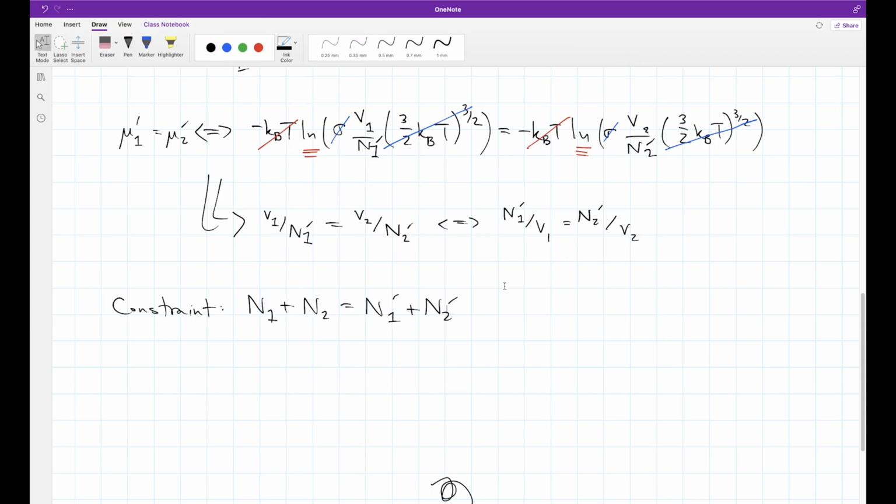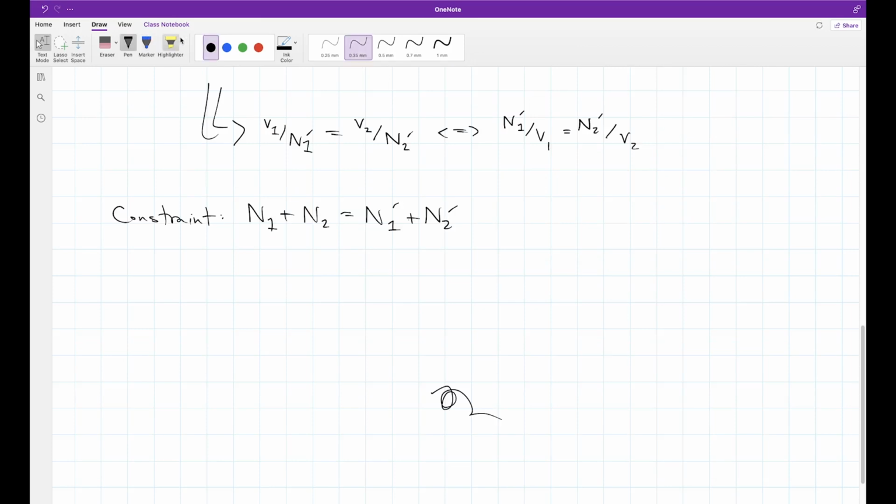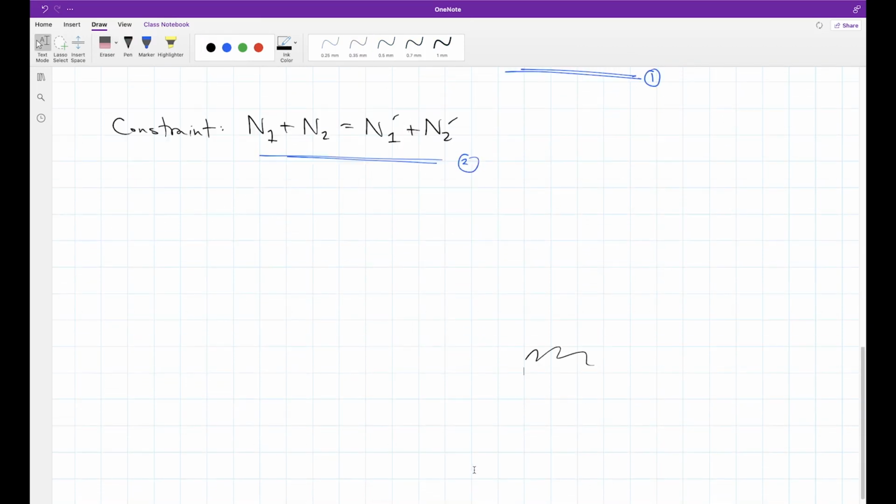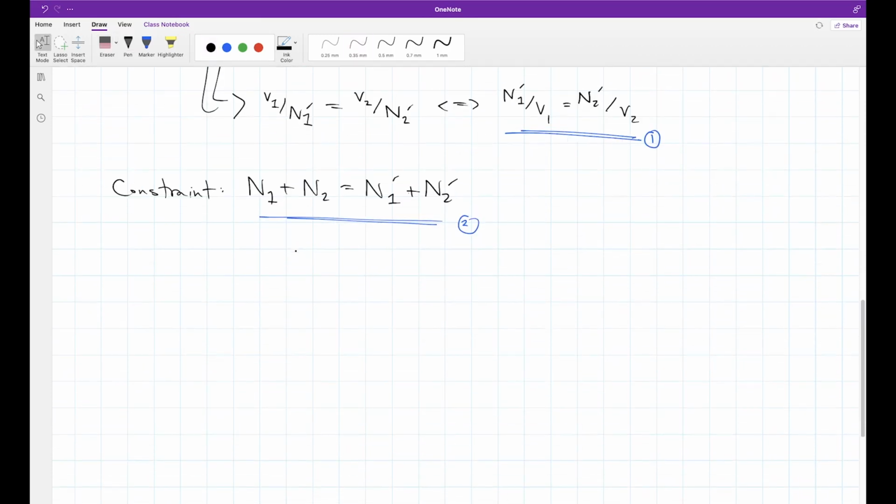So notice now that we have a linear system of equations. The first equation is going to be this one, and the second equation is going to be this one. And with these two together, we can pretty simply solve. Sorry, now I need to do this again to make sure that we have enough space. Okay, so combining these two equations,